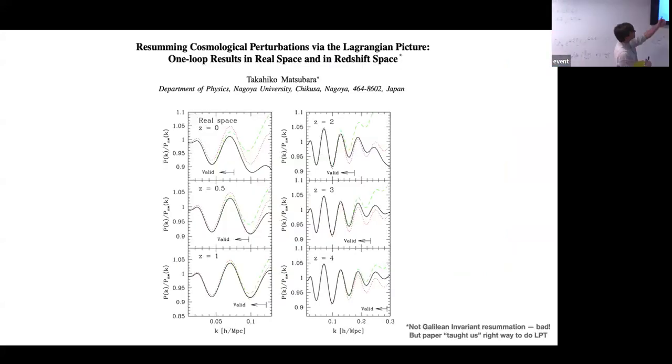And so what you can see is basically his calculation. So the red is the ratio between the linear wiggle and the linear non-wiggle power spectrum. The green is what you get if you try to do, I think, SPT, if I remember correctly. And the black is the result of this calculation. So the oscillations are tracked much more carefully as a result. And this also explains the phenomenological form that a lot of people had applied for this damping of the BAO feature in the original Boston. This gives you some a priori analytic understanding.